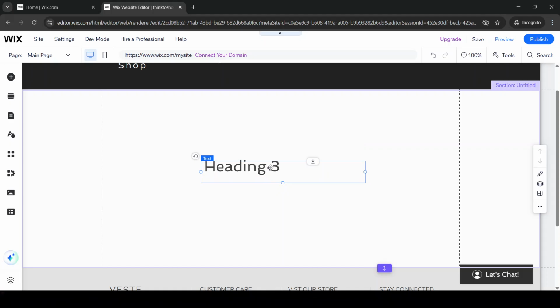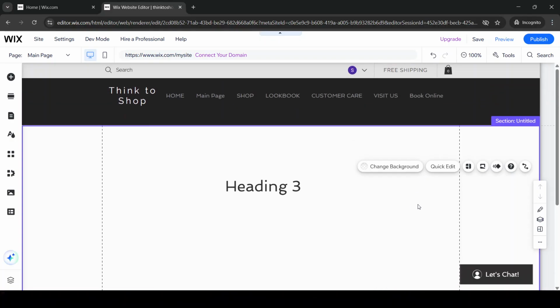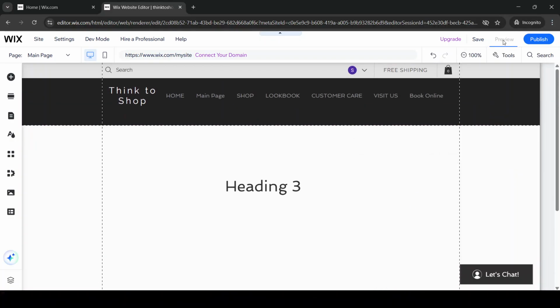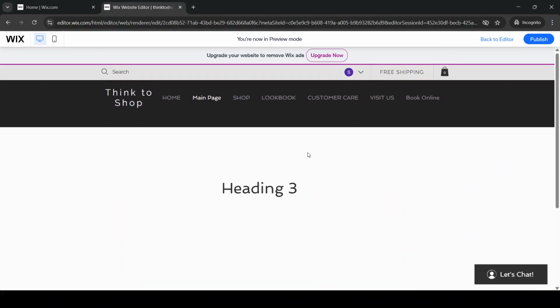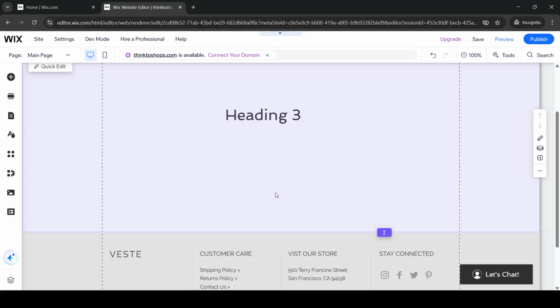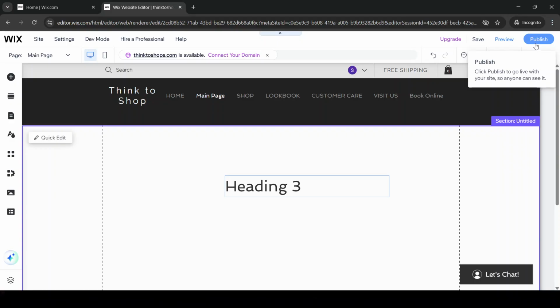Lastly, after all your customization and content additions, always make sure to preview your new page. The Preview button, at the top right of the editor, allows you to see exactly what visitors will experience. This is a great chance to spot check for any errors or adjustments needed. Once satisfied with your design and layout, hit the Publish button to make this new page live on your site